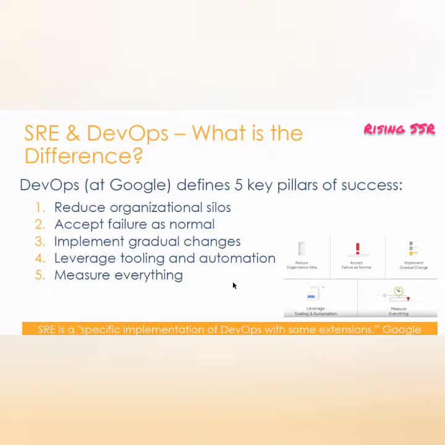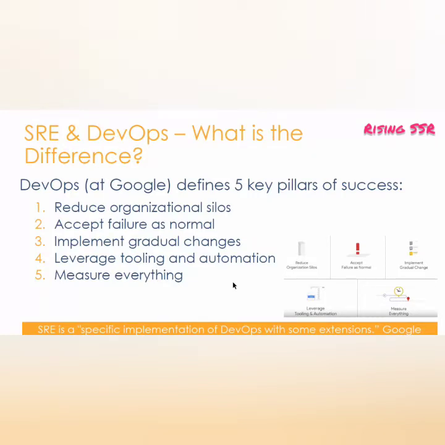It should not be that dev thinks that yes, I have to code and ship to production, and ops thinks that these developers are just writing pathetic code, and it is becoming a nightmare for us to maintain and manage that code in production. That mindset has to go, and then only can we build SRE capability on top of DevOps. And how do we get rid of that mindset? By implementing slow, gradual changes, not a big bang or a massive change in production.